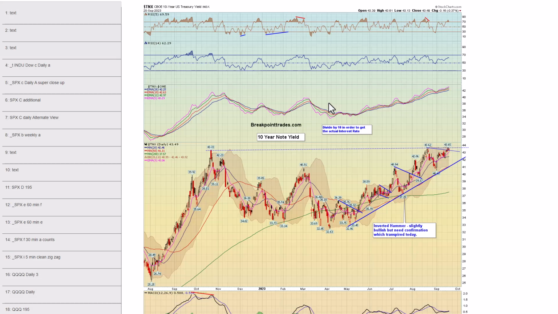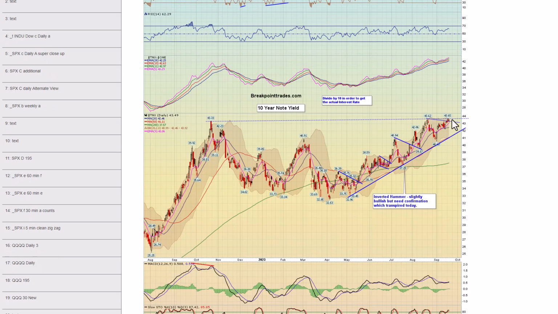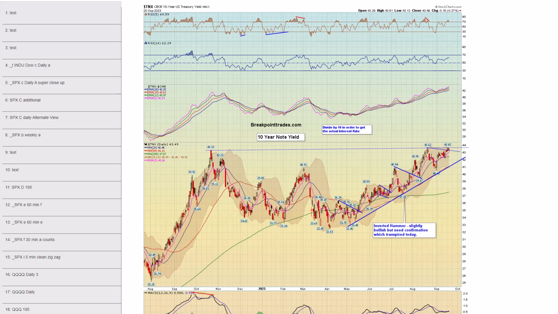Next, chart 39, here's the 10-year treasury yield. It's been knocking on the door of this big resistance. Again, it looks like a big cup and handle, but still hasn't really broken out of here yet. But boy, we'll see what this does. If this were to strongly break out of here, that would be the catalyst, I think, for the market to sell off going into October, for that deeper wave ABC scenario.